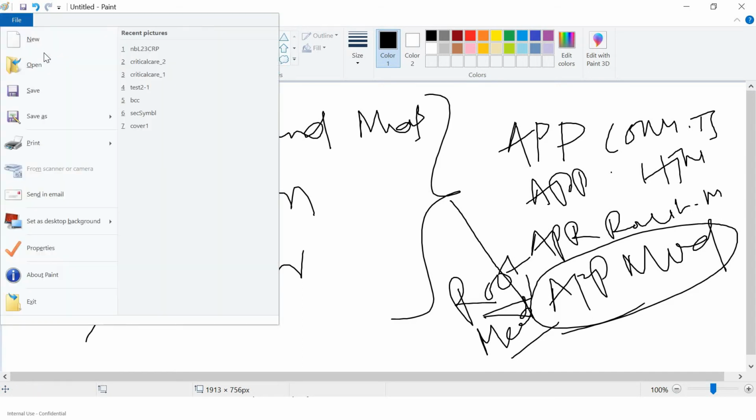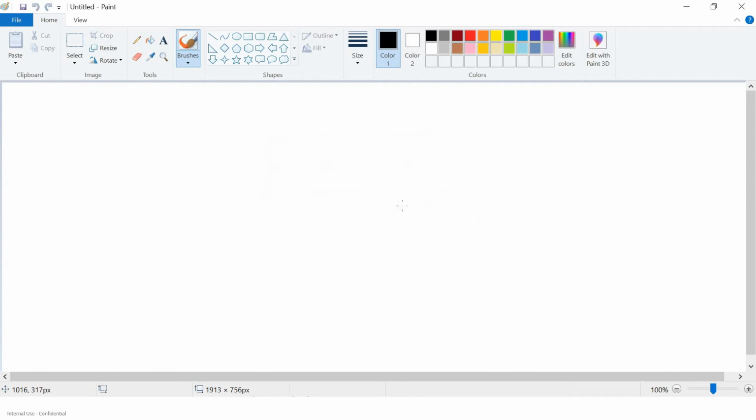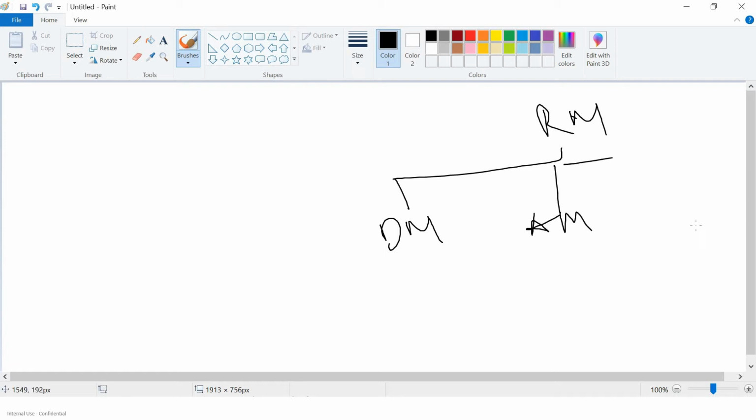Let's start. I'll clean this. We have the root module, and inside that we have a dashboard module, an admin module, and a user module. Inside the dashboard folder we'll be creating a module, dashboard.module.ts.